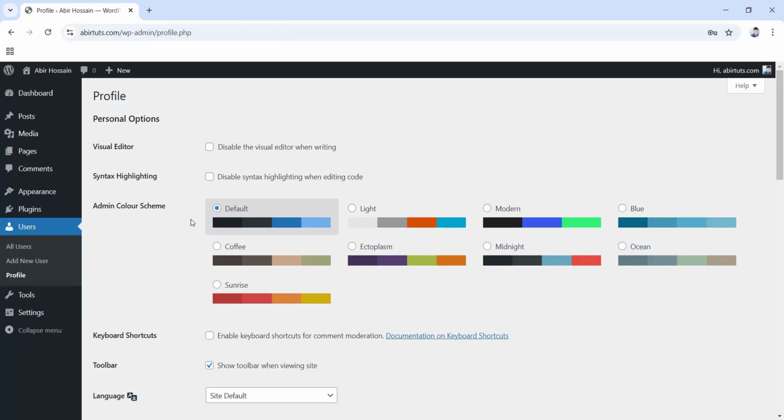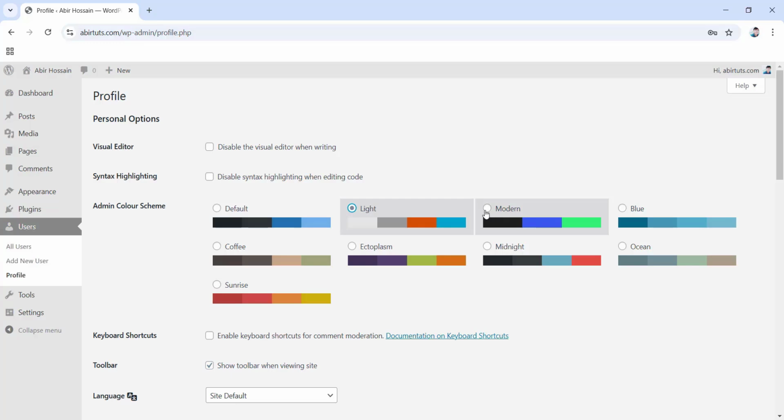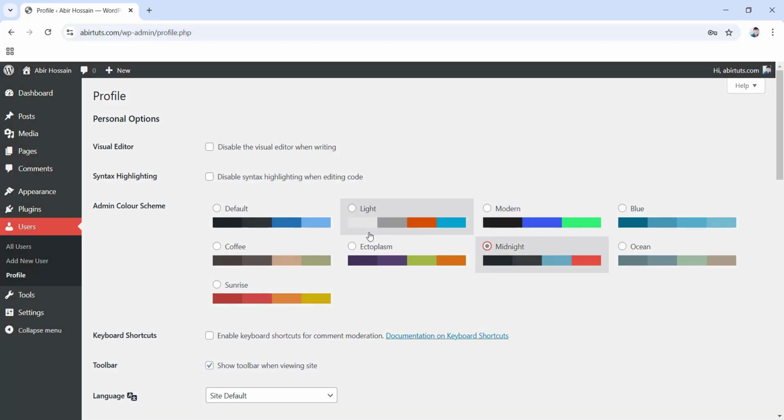So as you guys can see, currently the color scheme is set to default, but you can change it to any other color scheme as you wish, like light, modern, midnight, or whatever you want. However, the main thing to understand here is that whenever you change the admin color scheme, this admin control panel color will change. And that's all there is to it. But since this admin control panel is only visible to us, I'm just going to keep the admin color scheme to default, because we, the admins, can only see it and it's not visible to the visitors of our